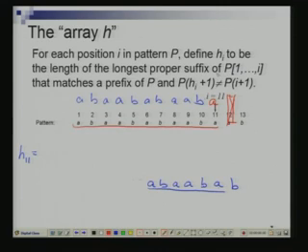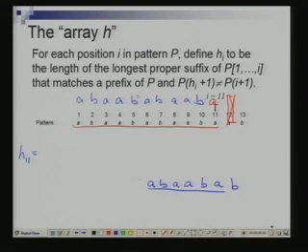Suffix, you know suffix, you know prefix? Prefix is before, contiguous parts before. So A is a prefix, AB is a prefix, ABA is a prefix, ABAA is a prefix, and so on. And what are suffixes? A is a suffix, AB is a suffix, AABA is a suffix, ABAABA is a suffix, and all. So I am finding the longest proper suffix. Proper suffix means suffix which does not include the entire text. Like proper subset means strictly smaller, right? So, strictly smaller suffix. So that is what proper suffix of P1 through Pi means, that matches a prefix of P,